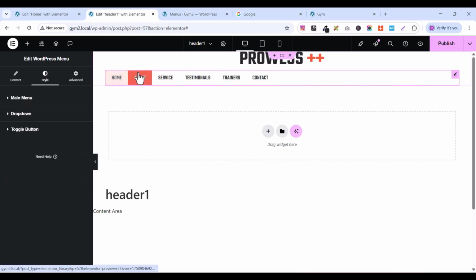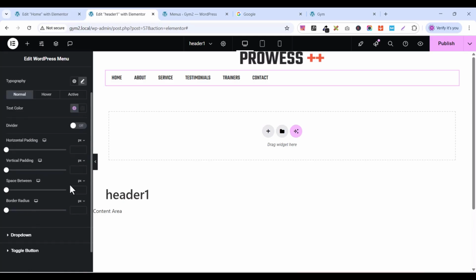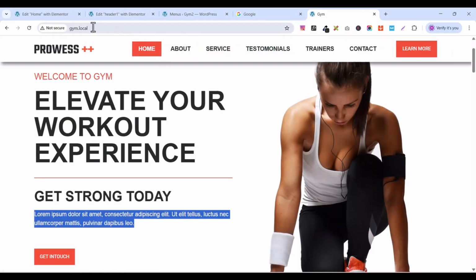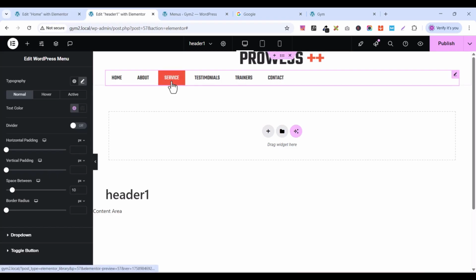So it looks good. Let me go back, and on the space between, I want to give some space between. Yes, some space between. So here is the space between. Let's add about 10. Okay, it's looking good. So let's publish,